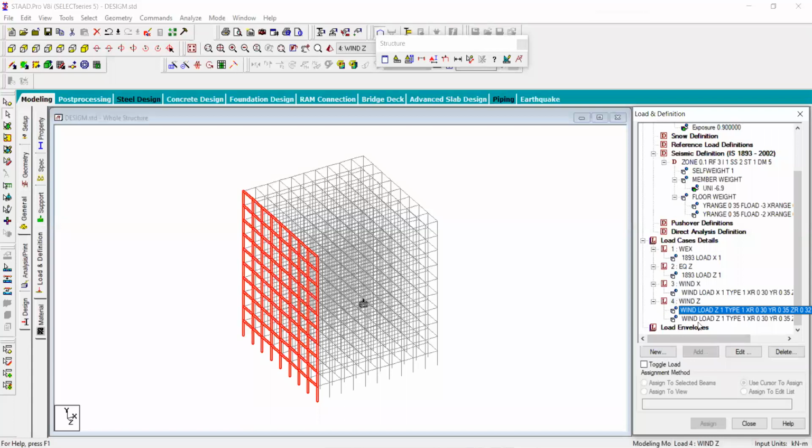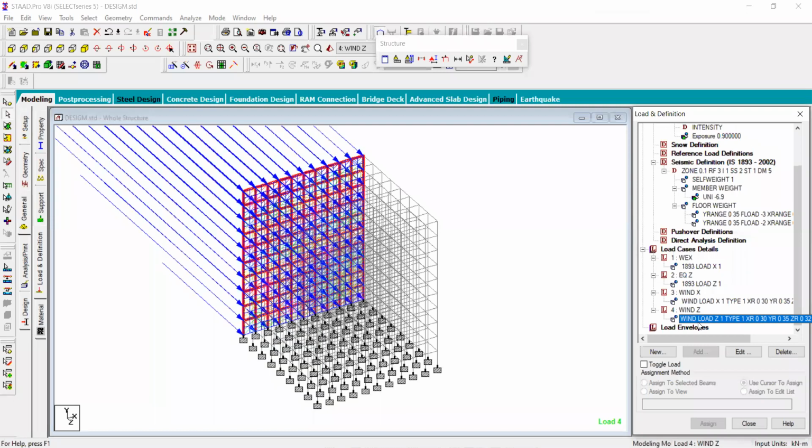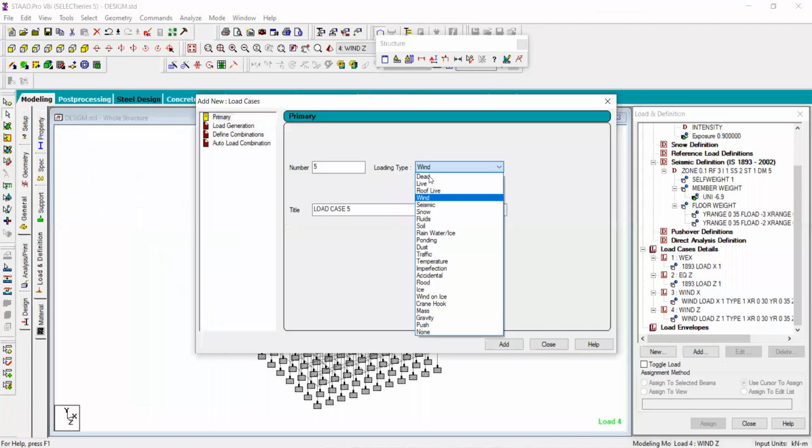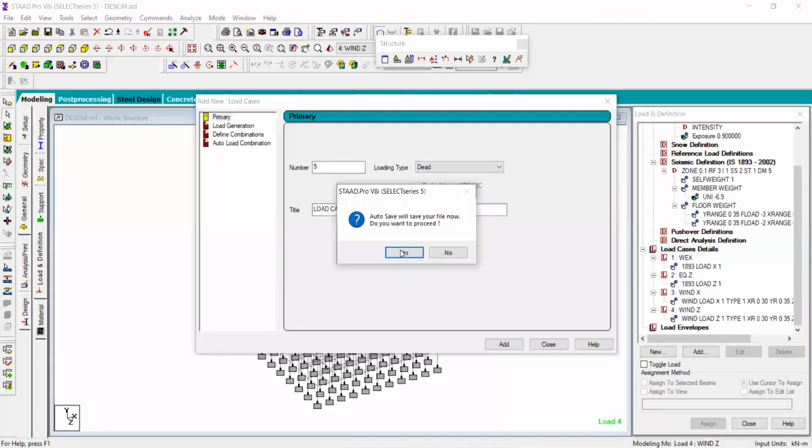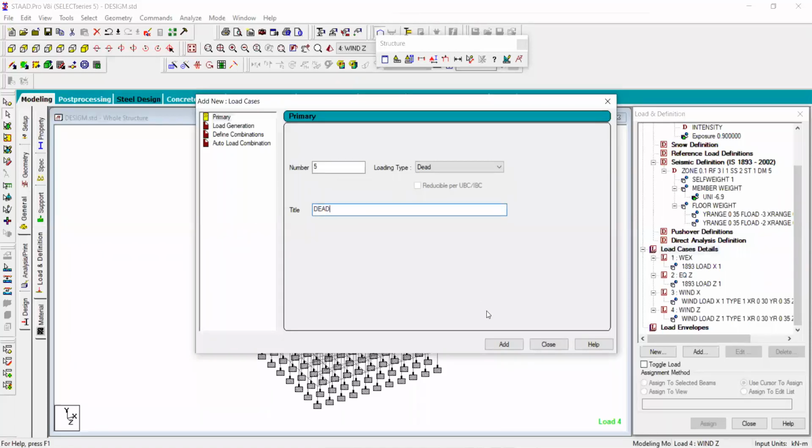In this way, for these two dynamic forces, first you have given the definitions, and after defining these two forces, you will apply the load this way. After defining this one, come to the other types of load, live load and dead load. Just you click on this one, and go for the dead load first, and you give the name, say dead load, and just click on this one.